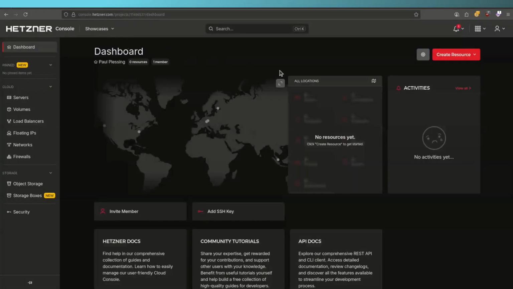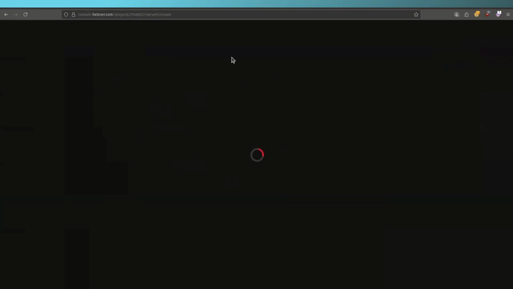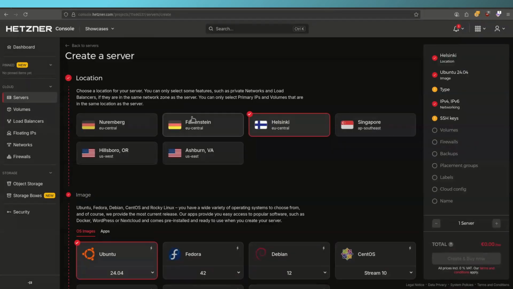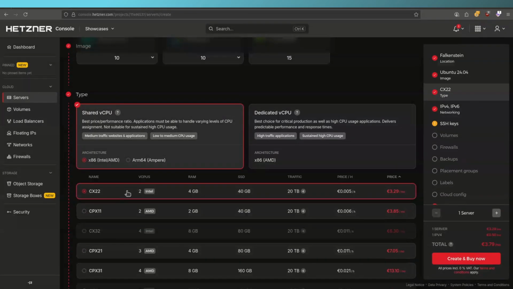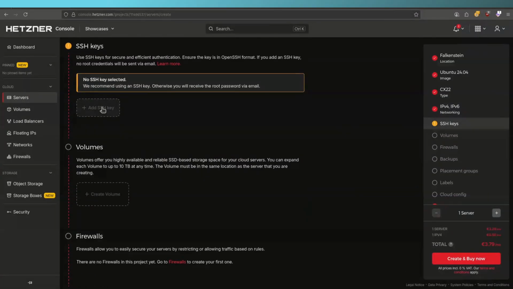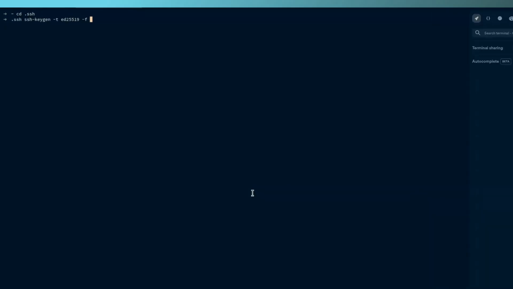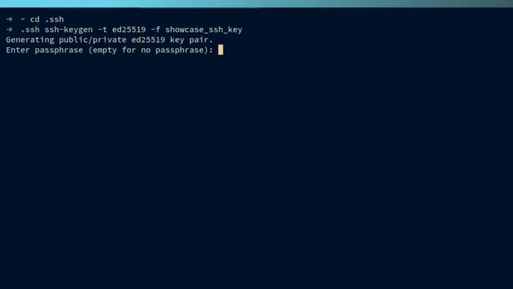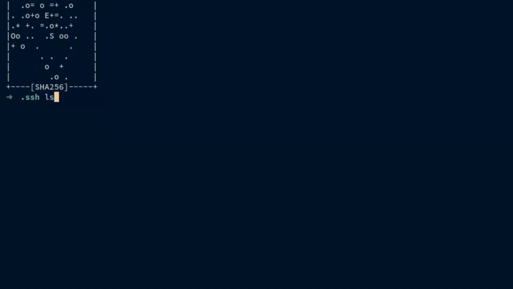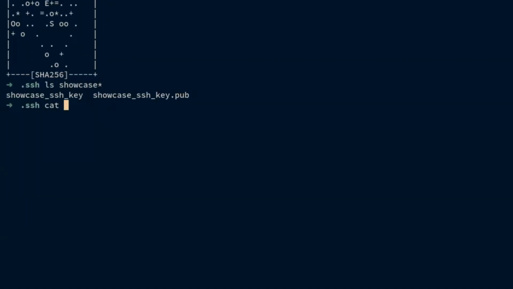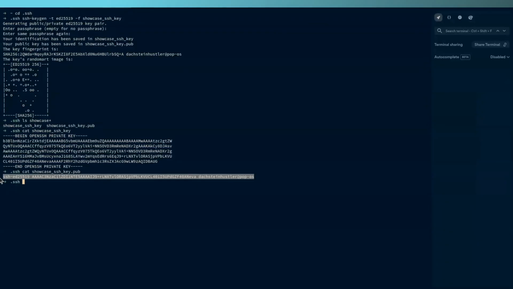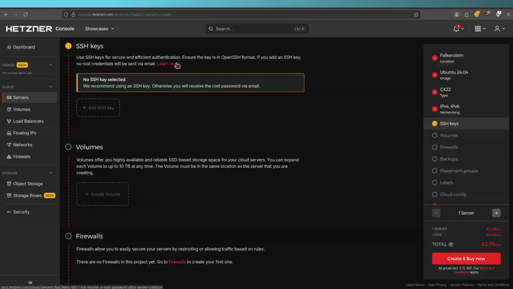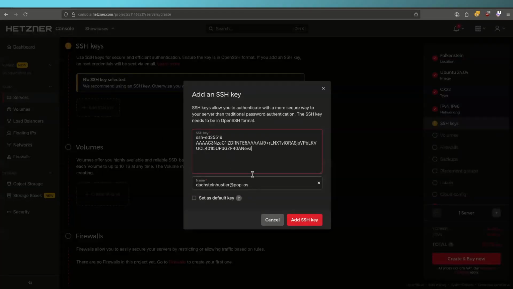First, we need a server, so we create resource and select servers. We choose any location, any type of server. What we need for this tutorial is an SSH key. On our local machine, we use the ssh-keygen command with the -t flag to specify the type and -f to give it a unique name. We leave the passphrase empty for this tutorial. Now that it's generated, we look at it using the cat command and we copy over the public key. In the Hetzner console, we paste it in, save it,